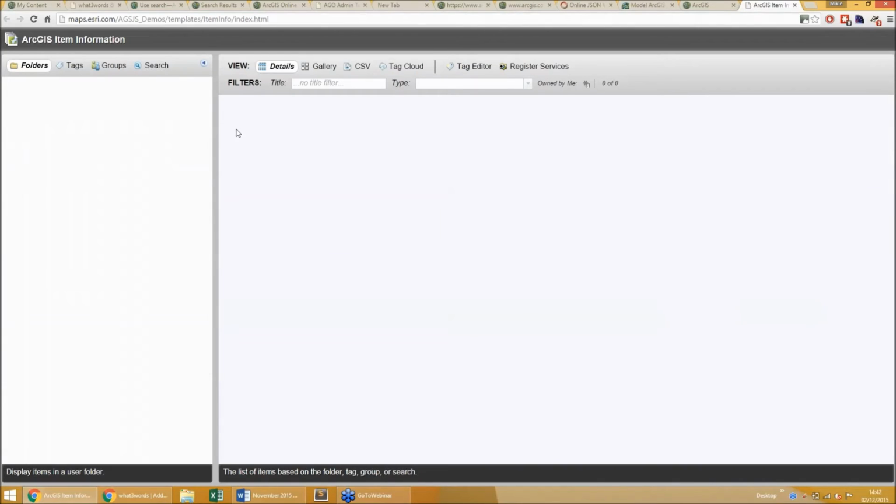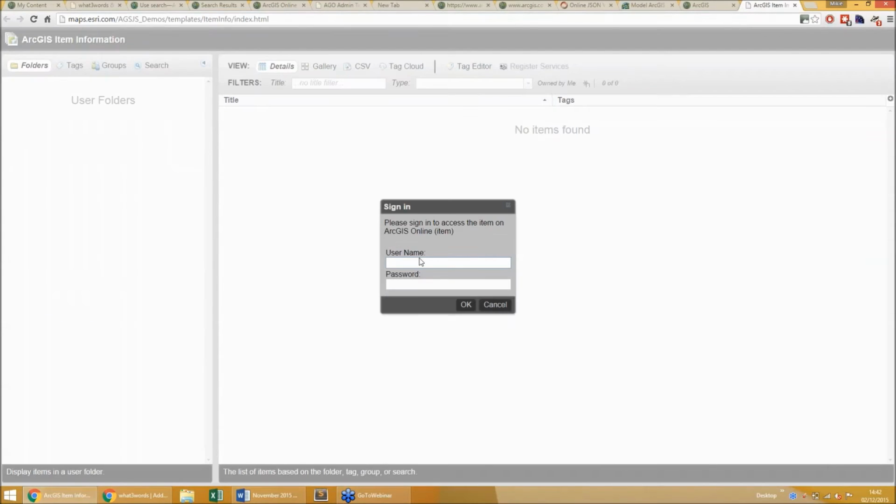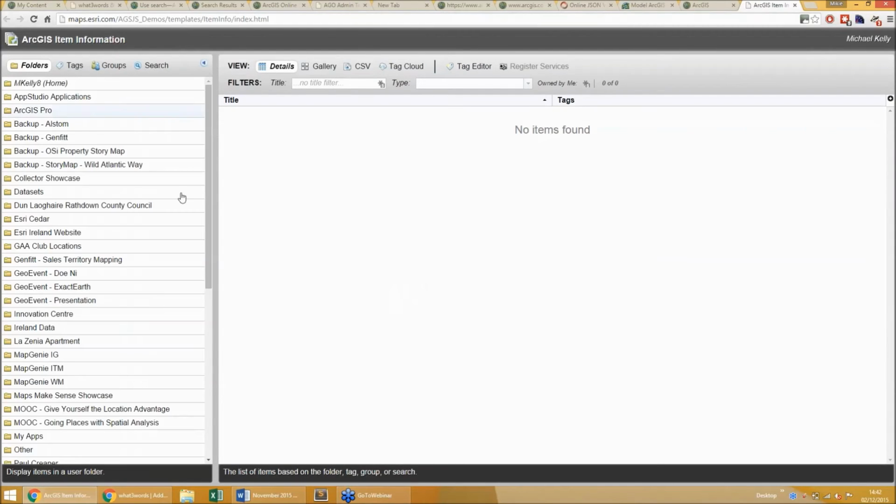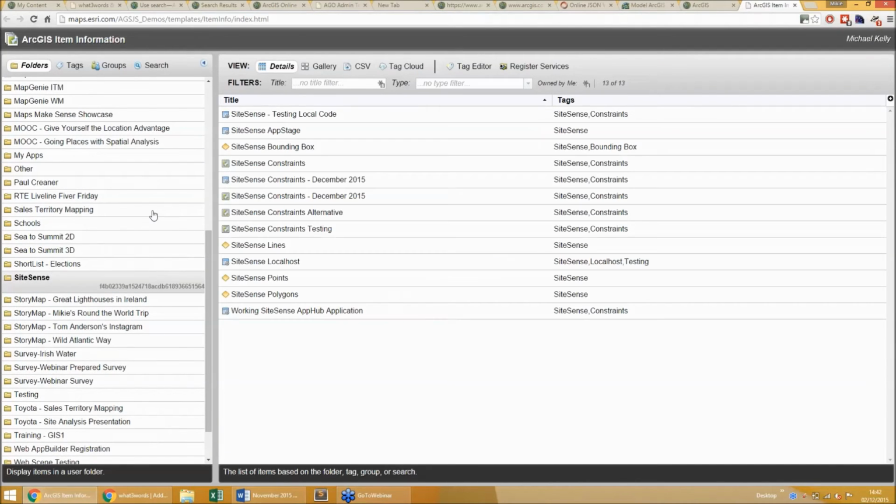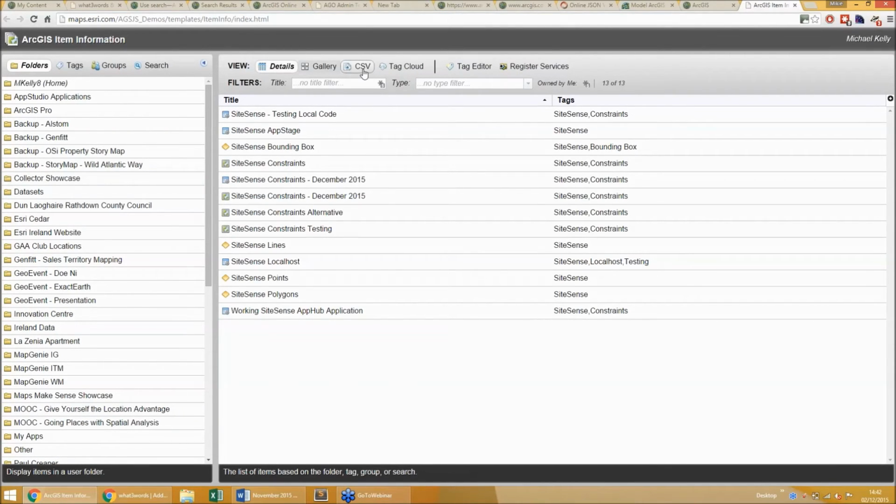This is kind of a viewer for ArcGIS Online, and it can be quite nice for creating. The thing I use it for is creating tag clouds. So let's say I log in with my user account, and I'm just going to use SiteSense. You can see all my stuff that I use for that.